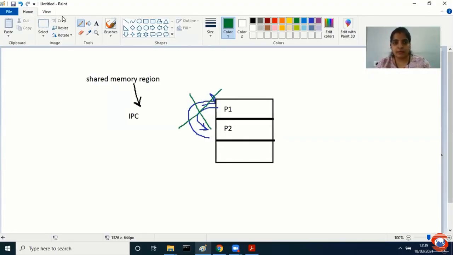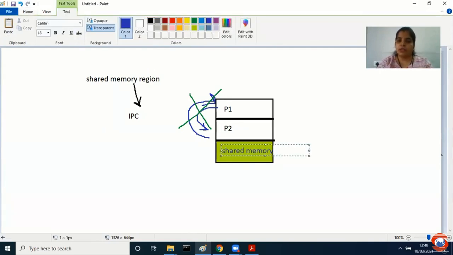communicate directly. What I'll say is, whatever data P1 wants to share, please put it into this area. P2 will take it from there. Whatever data P2 wants to share, P2 will take that data from here only. So this is called shared memory.